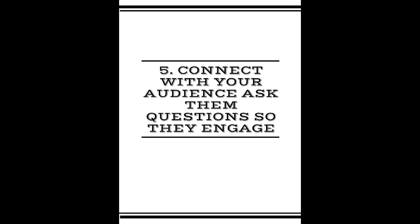But the other piece of that is you're not asking people to engage. So people are not going to engage if you don't ask them for that engagement. So it is really beneficial to, at the end of your article, write a little question that says something like, did you enjoy this article? Is there something you would like to see more information about? What do you think about what your home was worth? Have you had your home evaluated lately? What are the projects that you've enjoyed doing on your home? But really asking those questions actively in order to get the consumers and the people to engage with you